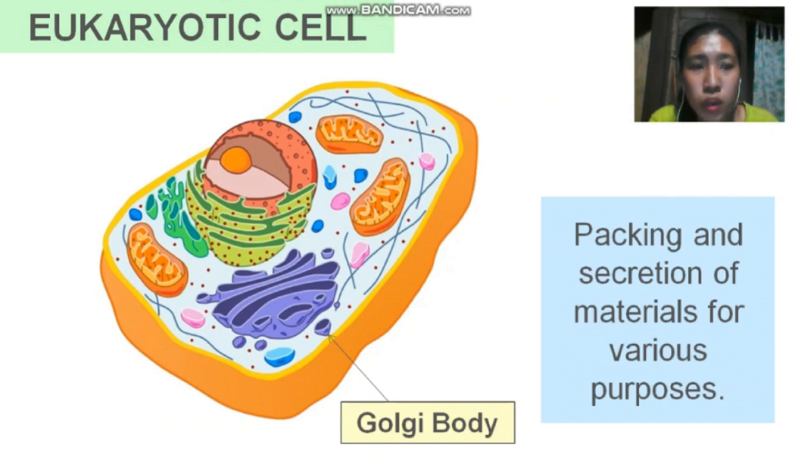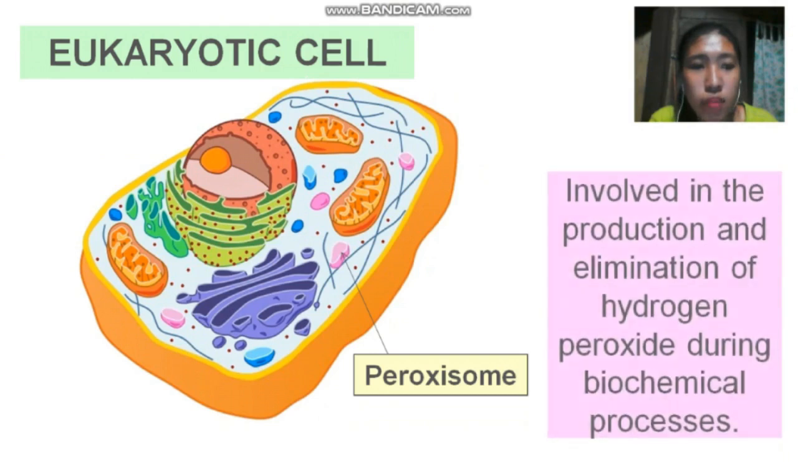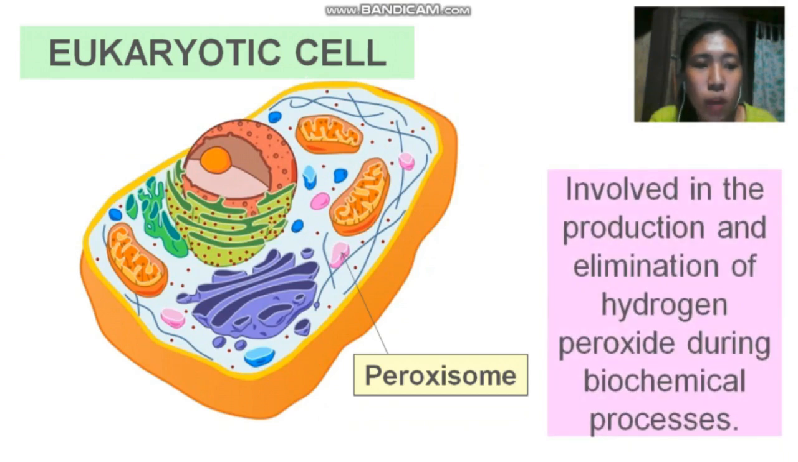Sometimes it is compared to a post office inside the cell because it modifies, sorts, and packages proteins to be secreted. Additionally, we have peroxisomes that are involved in the production and elimination of hydrogen peroxide during biochemical processes. In other words, peroxisomes are also described as small, round organelles that are enclosed by a single membrane. These organelles break down fatty acids and amino acids, as well as help to detoxify many toxins that may